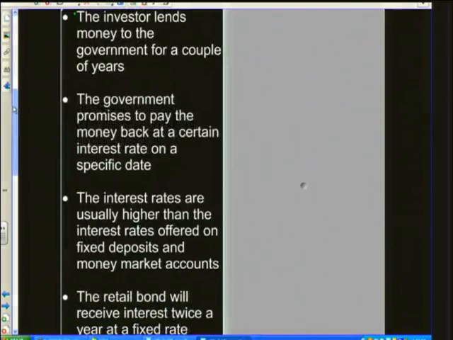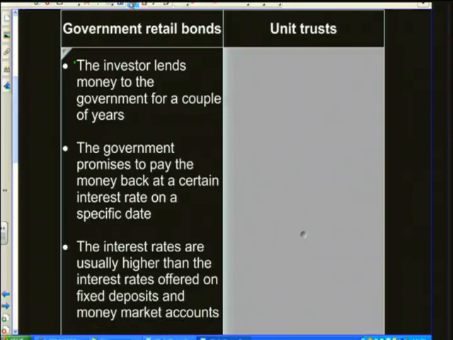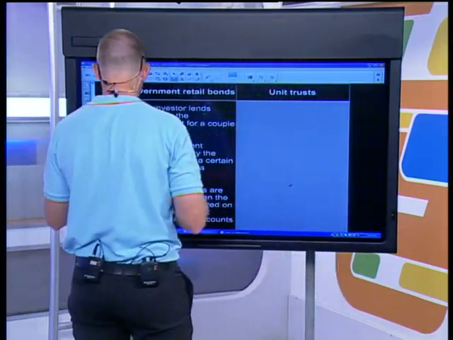So let's first look here. The first one there is the investor lends money to the government for a couple of years. That's for 2 marks. Now, you'll be able to see that you can go to a money market account at one of the major retail stores, and you can go and buy a government retail bond. All you need to give is your ID, and you'd normally invest an amount of 1,000 Rand. They'll give you a good interest that's higher than the inflation rate. And after 2 years, the government pays you back the 1,000 Rand that you lent them, plus all the interest that you would have earned on that money. So that's for 2 marks there.